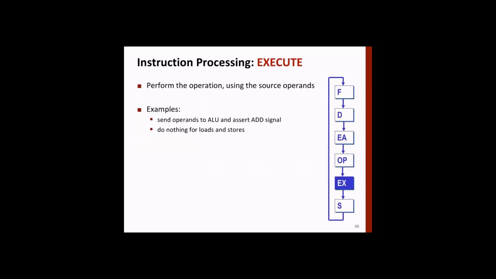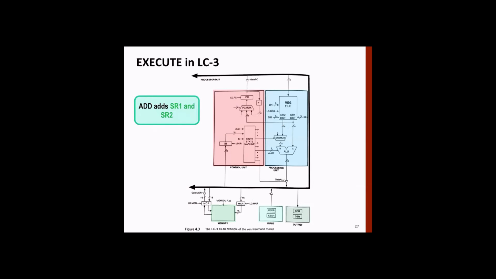Okay. And then the final next step is execute. Now, at this point in time, the operand is available. In case of an add instruction, the operand is already available in a register. So now we have to do the execution. Let's take, for example, the add instruction. In the add instruction, both data items are available in register 1 and register 2. These are to be added, and the result will finally go to a register. So it will be something like this.